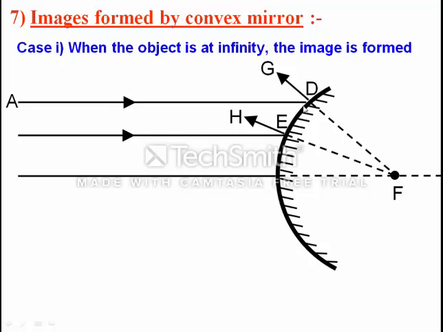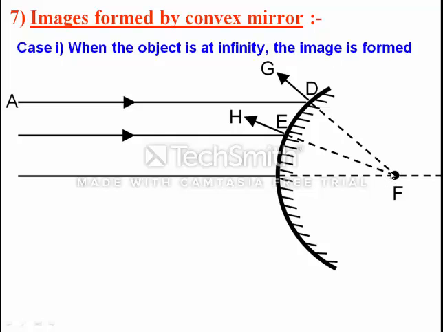One ray, when it strikes this convex mirror, which is also known as a diverging mirror, is diverging. If we proceed backside, it seems to pass through focus, and the other ray is also passing through focus. So the first case is that whenever the object is at infinity, the image formed will be at focus. Since the two reflected rays in original are not meeting with each other, we draw a dotted line that seems to meet at a point.